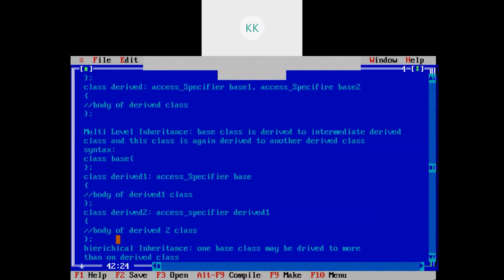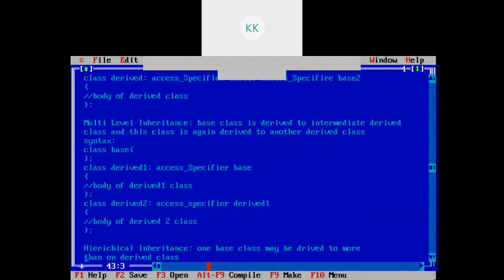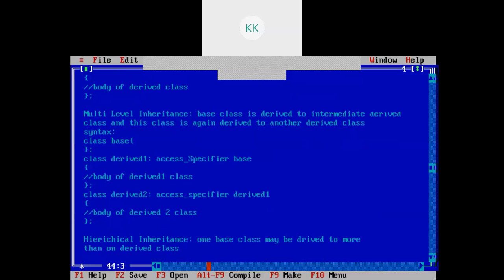So in hierarchical inheritance, we have a single base class which is derived to more than one derived class, or we can say which is inherited to more than one derived class.